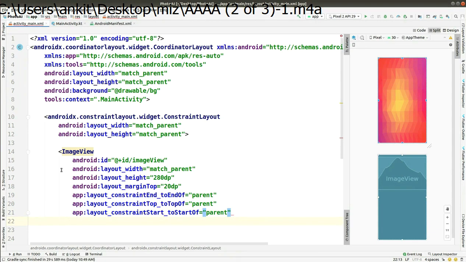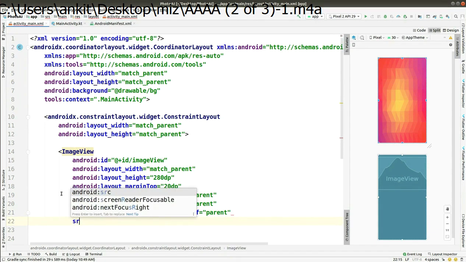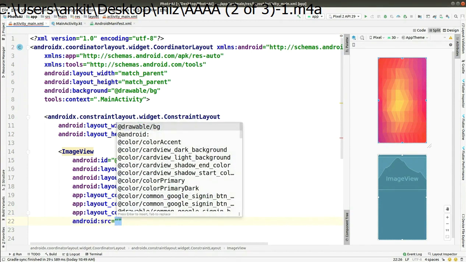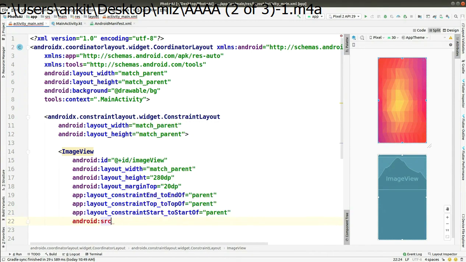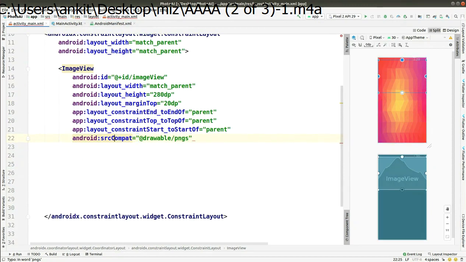And after this, you have to add a picture that I have already added, using this srcCompat, and give the reference to that picture as drawable PNGs. PNGs is the name of that picture. You can also make sure that it is correct.